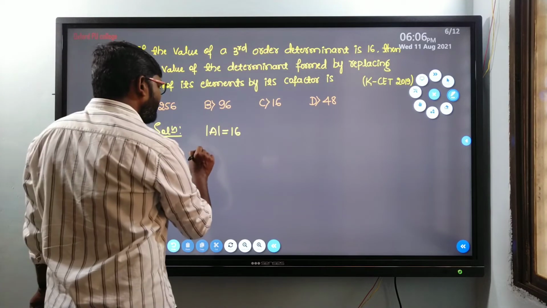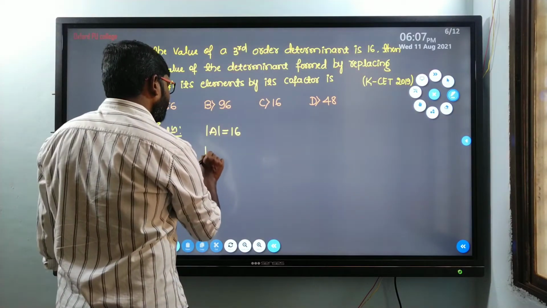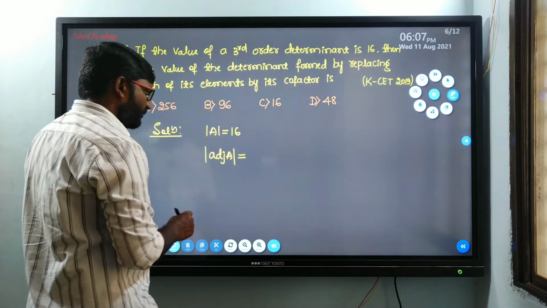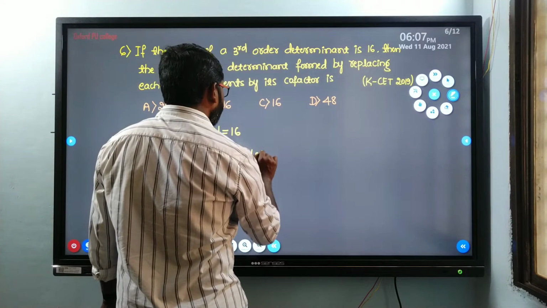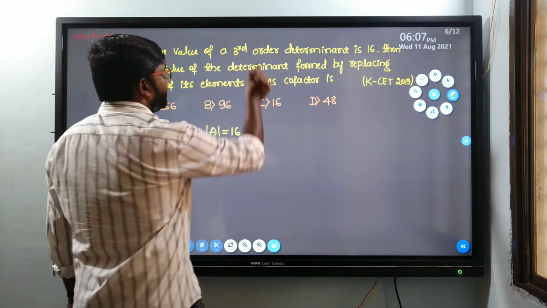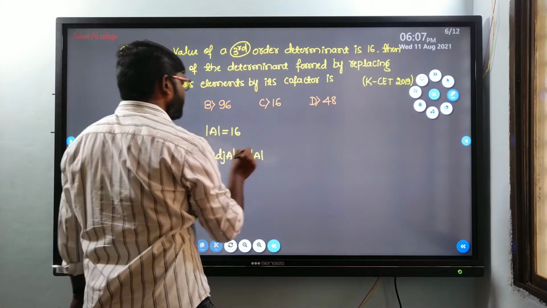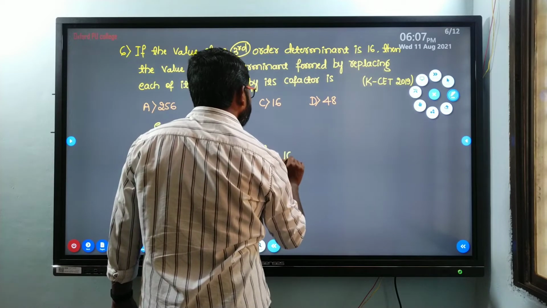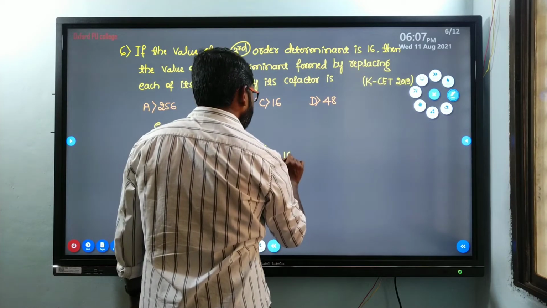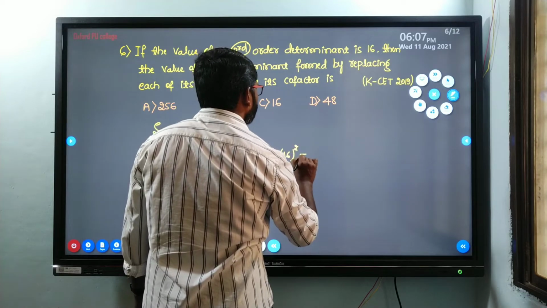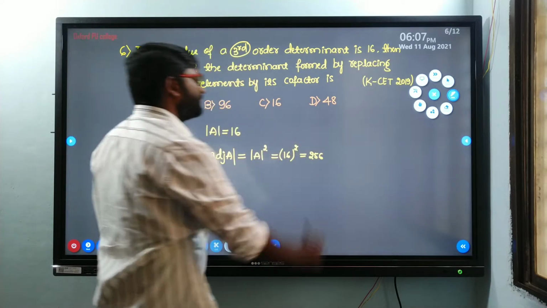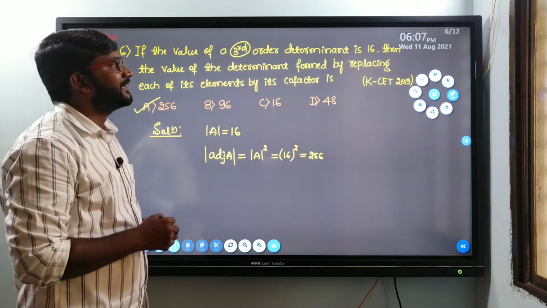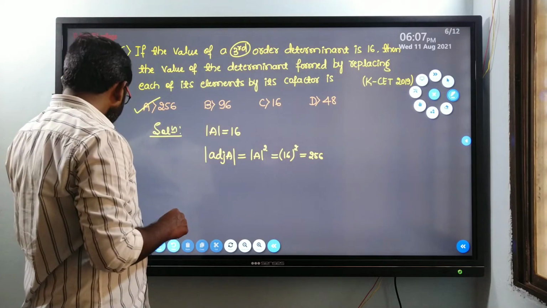So we will have to find determinant of adjoint of a matrix. So here what we have to find? We will have to find determinant of adjoint of a matrix. Determinant of adjoint A equals, what is the formula? Determinant of A to the power n minus 1. What is n? N is 3 here. 3 minus 1 it will be 2. Then det A value it is 16. 16 square it will be 256. This is very simple. Option A is the correct answer. This was asked in Karnataka CET 2019. Let us go ahead with the next one.